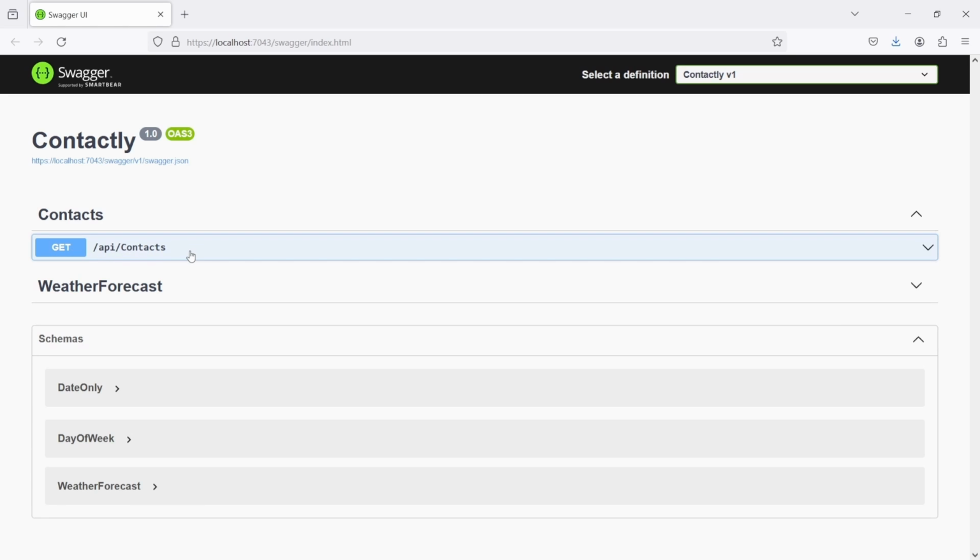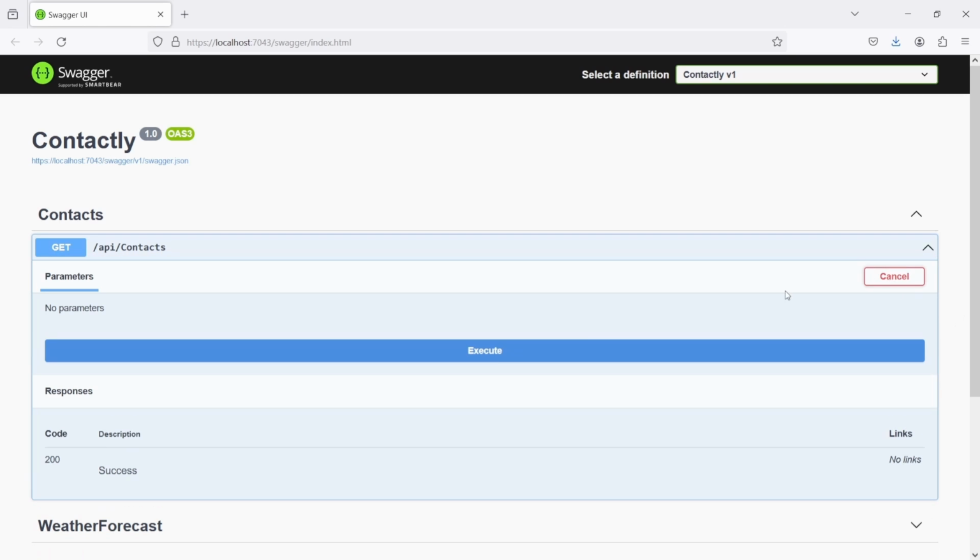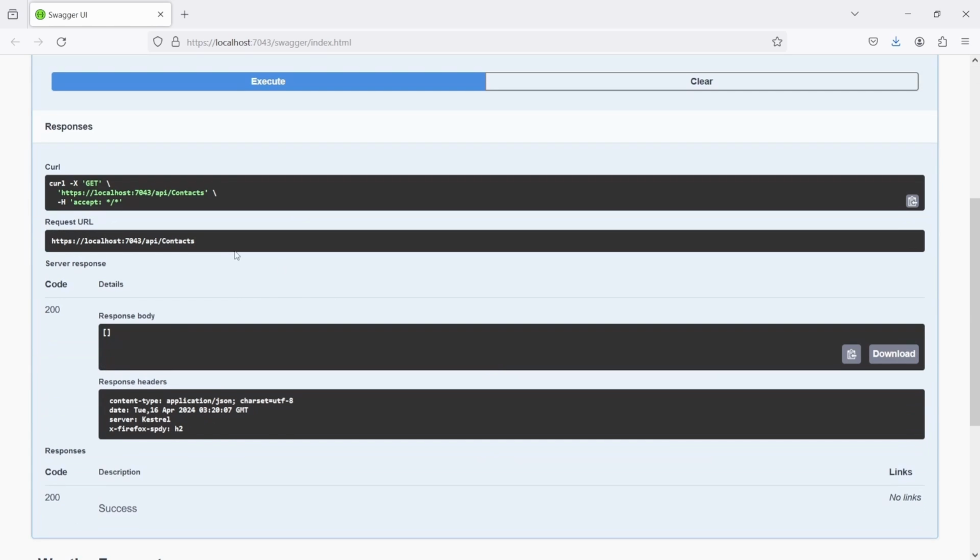API/contacts. So if I expand on that and try it out, we can see that as a response we get the success response, which is status of 200, and we get an empty array back. And that is correct because we don't have any contact in the database as of now. But in the coming lectures we'll be adding the data to the database using our controller, and we'll be fetching